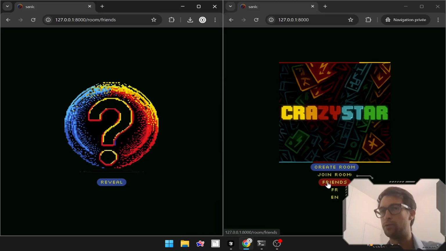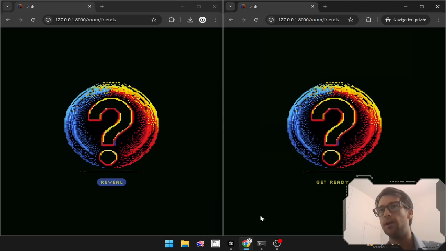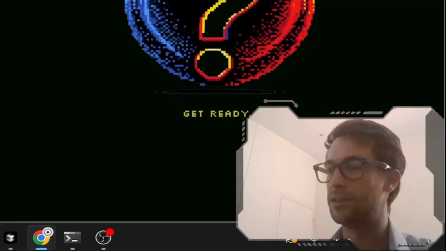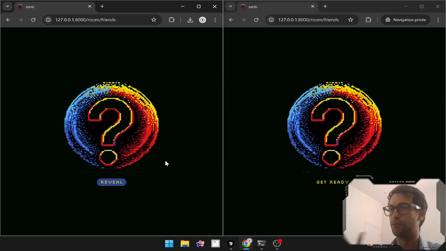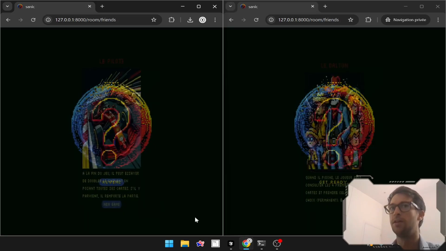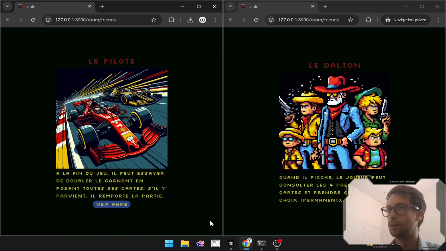Then you tell your friends to click it to join you, and you can see a first difference. Here there is a reveal button because this window here created the room. So it's the admin of the game, and the others have get ready. And when the admin of the game makes sure that everybody is ready, so you play this game on your phone, right? You have your phone to check your superpowers, then the admin clicks reveal, and everybody gets a random superpower from the